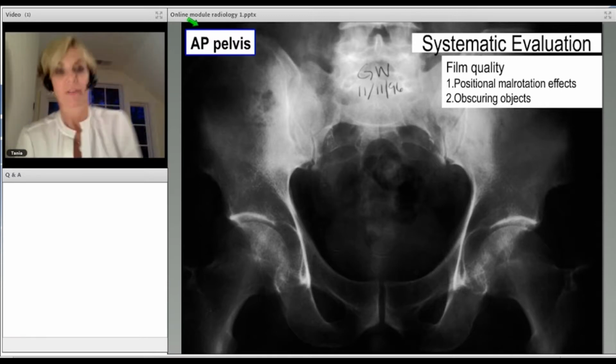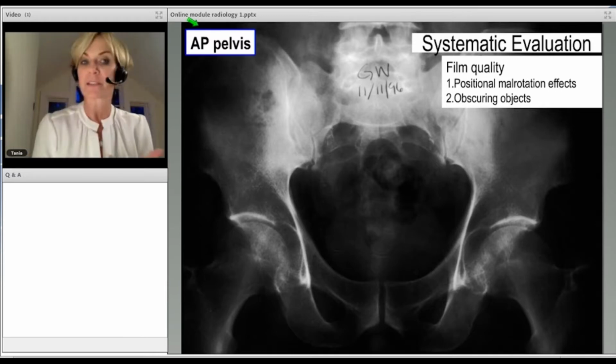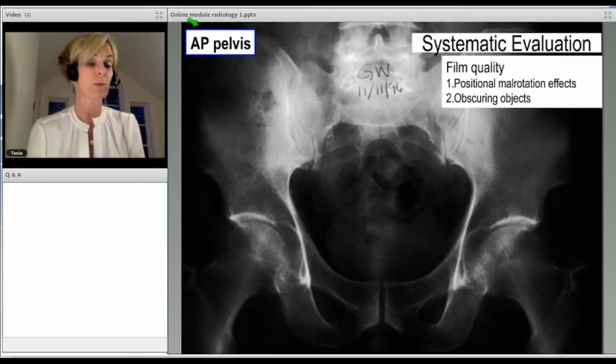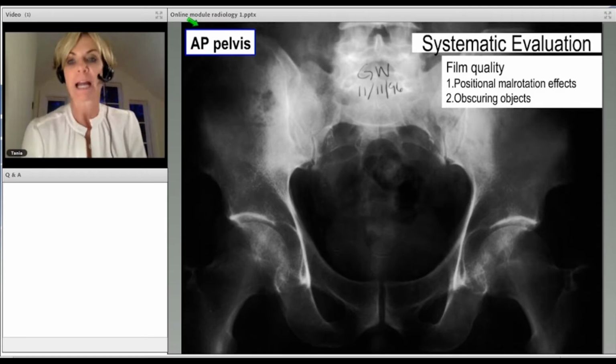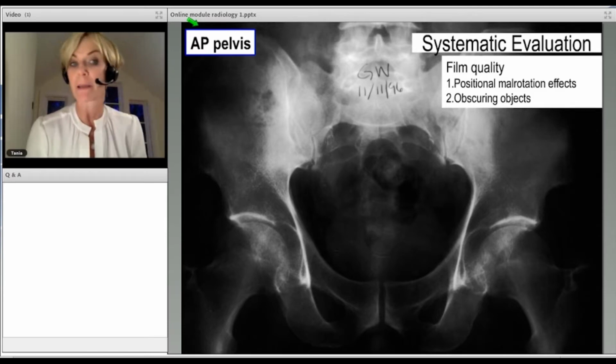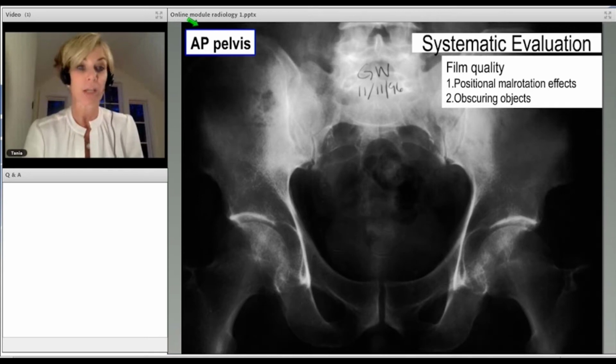So first, the AP pelvis. AP pelvis, I think, is a guaranteed or a requisite of any patient suspected of pelvic ring injury who shows up in your emergency room. I think that obtaining high quality images and then interpreting them can be quite challenging. The film quality might be compromised by the patient's positioning with respect to the radiological beam,